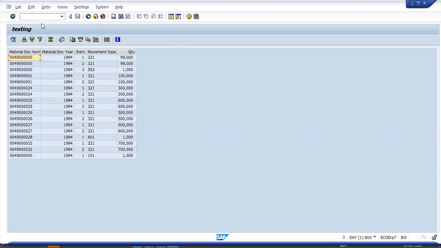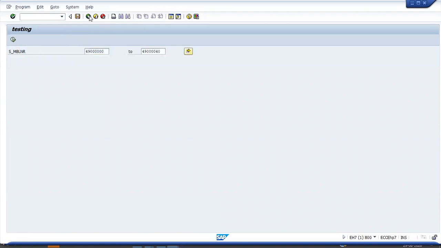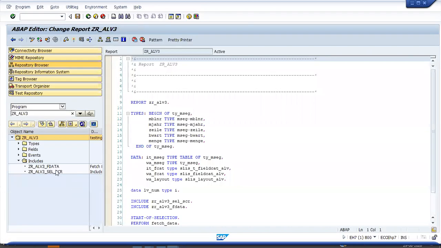Now my requirement is I want to add some color to this material document. Material document year only, in that column I want to display the color. So what do we have to do here? While filling the field catalog,